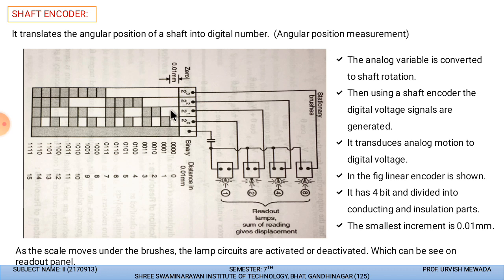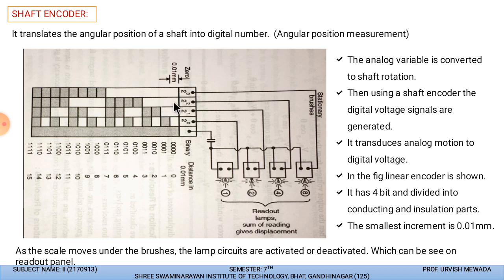Here you can see that all four parts are transparent, so it is called 0000. Over here, one part is opaque, so there is no light transfer through this point, and that's why it is called 1. This is how the plate is made, and it indicates the binary code: 2 raised to 3, 2 raised to 2, 2 raised to 1, and 2 raised to 0. From this we get the binary code when the plate moves.